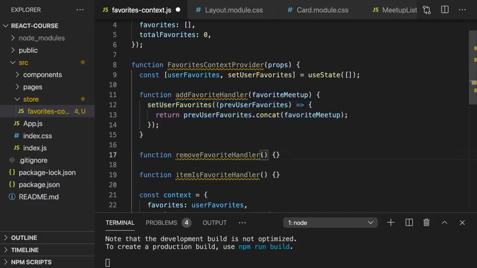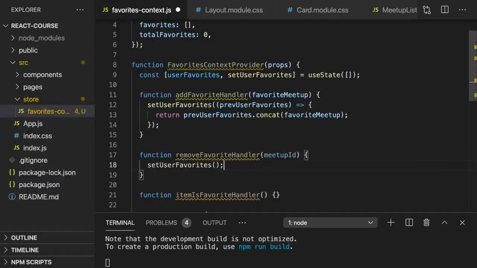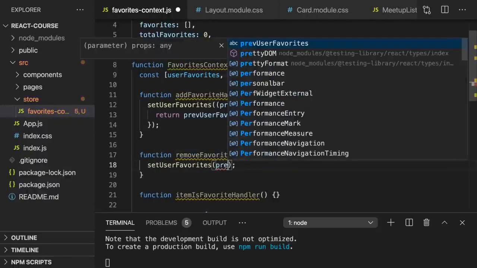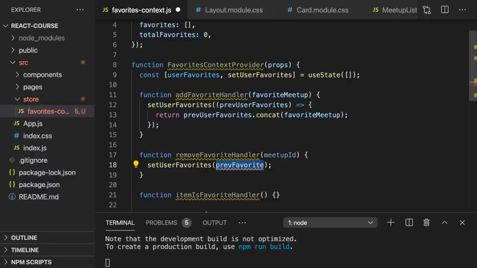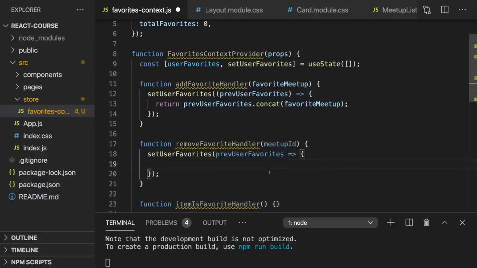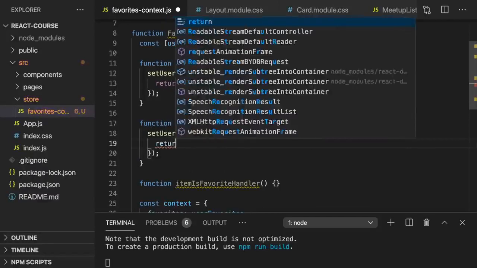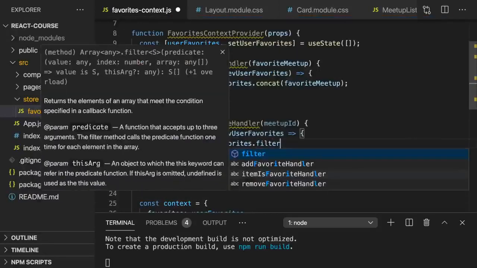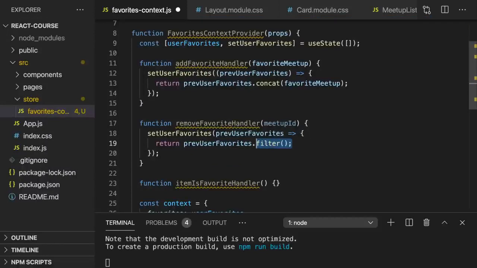Now in remove favorite handler, we probably can expect a meetup ID which identifies the meetup that should be removed. And then we can update user favorites again with this state updating function where we get the previous user favorites and return a new state snapshot, because here again we rely on that previous state. And here we then want to return previous user favorites, filter, because filter returns a new array where we can filter out items. And I want to filter out the item where the meetup ID matches this ID we're getting